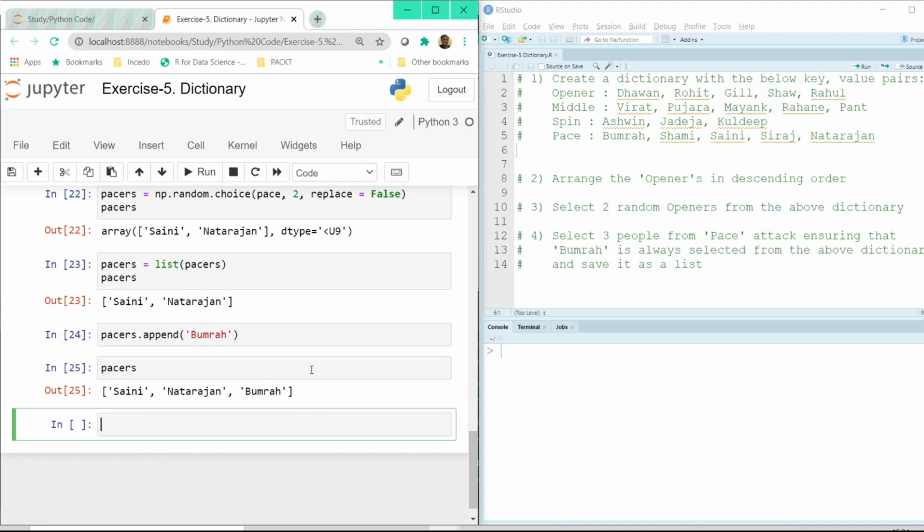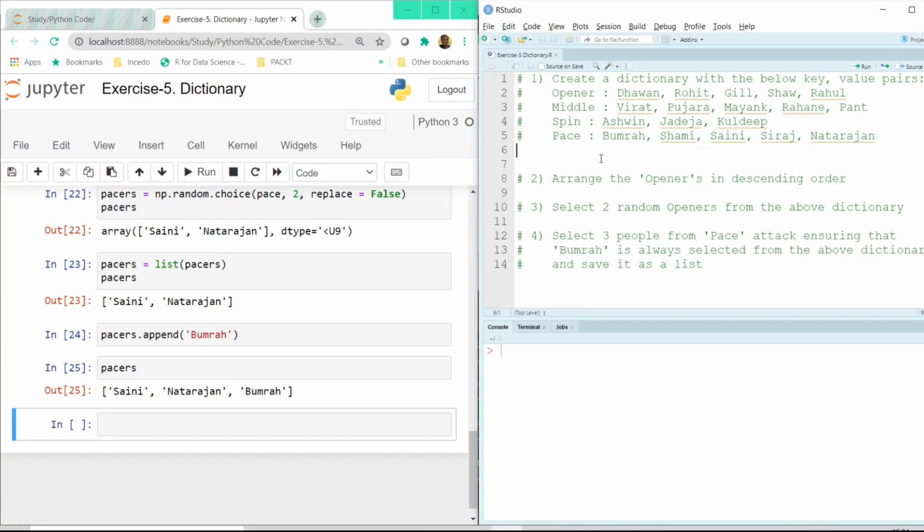All right, I hope you were able to solve this exercise on your own. If not, the more we practice, the more expertise we'll gain in coding. Practice is the best way of improving our coding skills. W3 Resource is one of the best websites where you can learn quite a bit. All right, now let's solve the same set of questions in R.